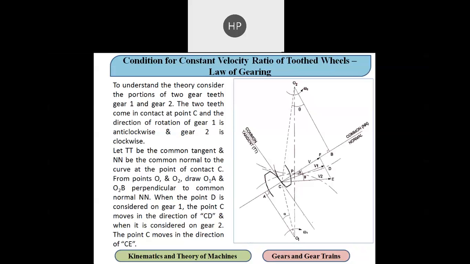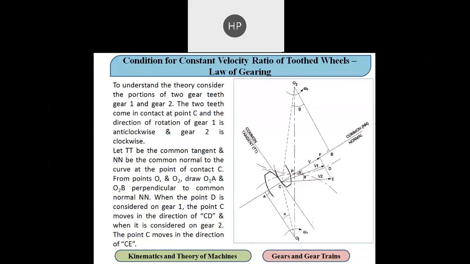and in the past few lectures, we have been talking about various terminologies used to define gears, like pitch point, pitch circle, addendum, dedendum, working area, clearance, and all these things. Then we have talked about length of path of contact, length of arc of contact, and module. So these are some of the important terminologies we have discussed so far in our lectures.